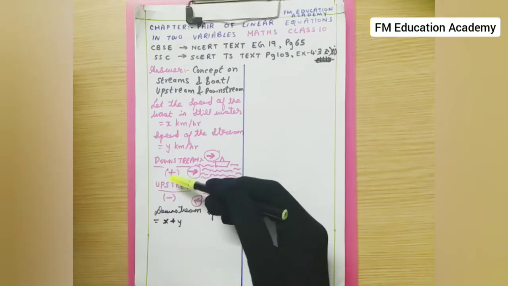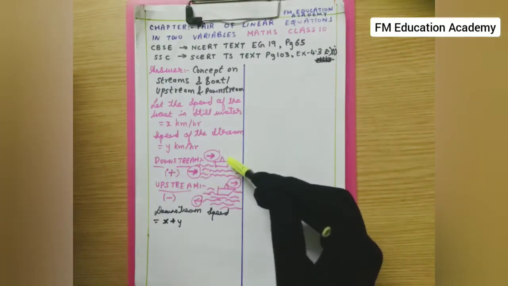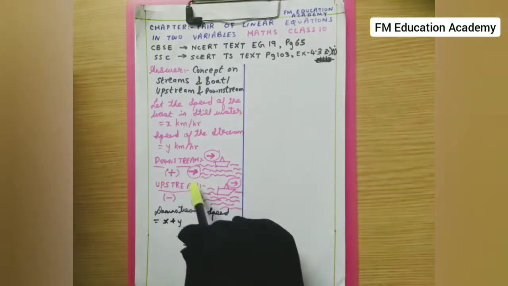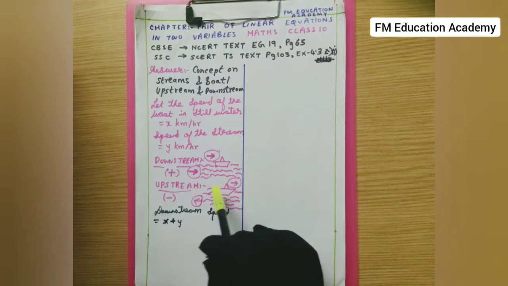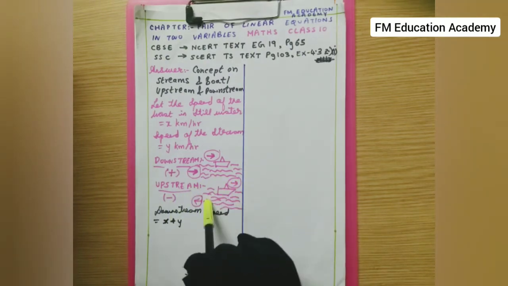Okay, that is what plus sign? When I have to find out the total speed in case of downstream, I need to add the speed of the boat and the speed of the stream. And in case of upstream, as the boat and the stream are moving in opposite direction, I have to subtract both the speeds to find out the total speed.